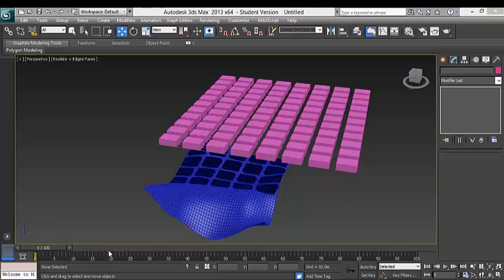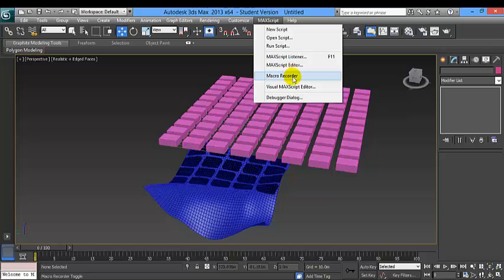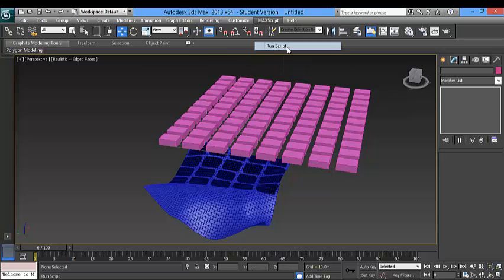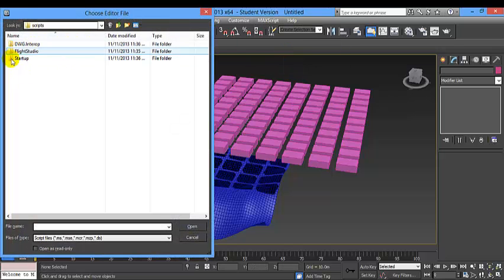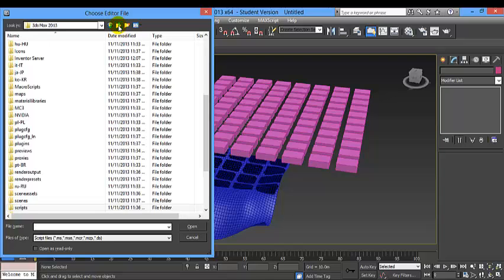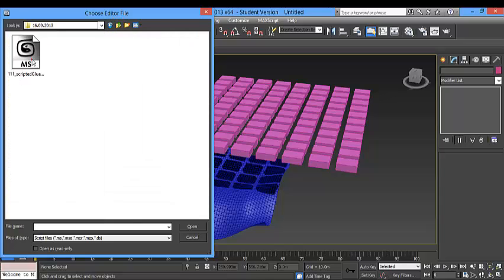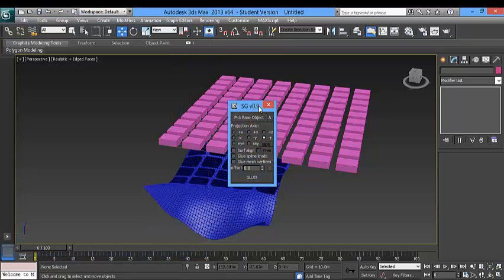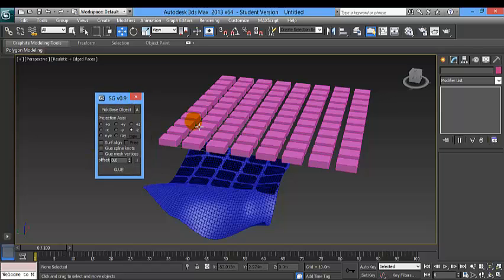So going back to your model, I'm going to MaxScript, run script. Here we have to find our script. So here is the script glue, open, and this is the window that you have in your computer.